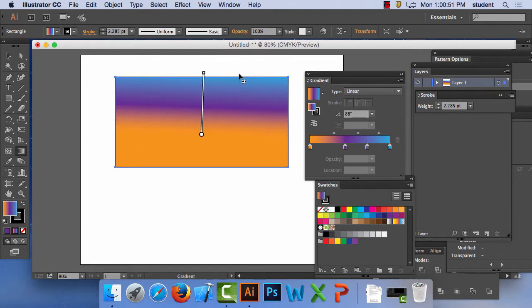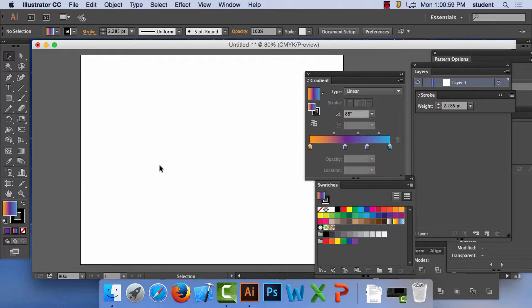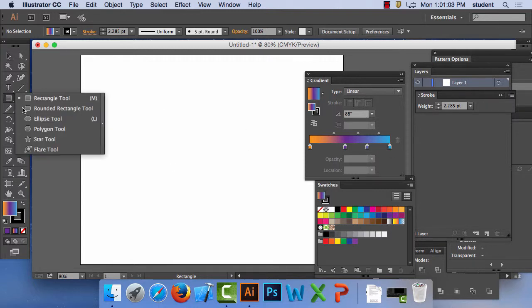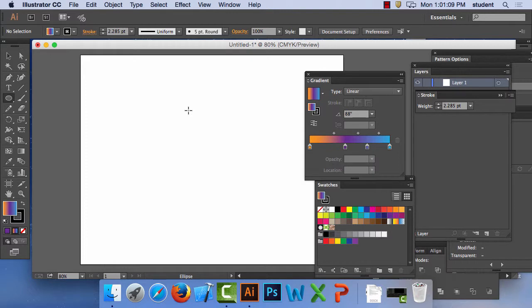Is it fun or what? You ready to try the ball? Okay, let's try a ball. So that's just a linear gradient. That's fun and all, but let's do a different one. Let's make a ball. So this time I'm going to make a sphere using the ellipse tool. The ellipse tool is the same tool that's underneath the rectangle tool. And if I draw an ellipse,